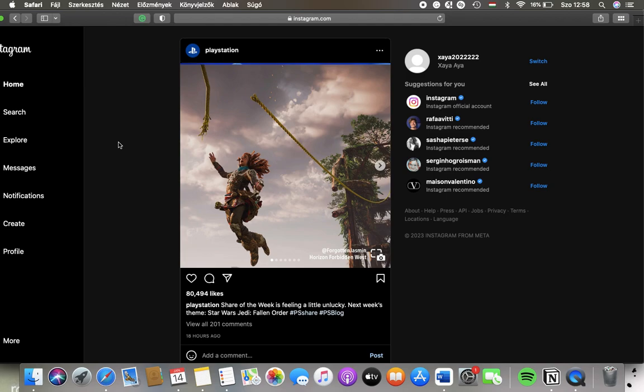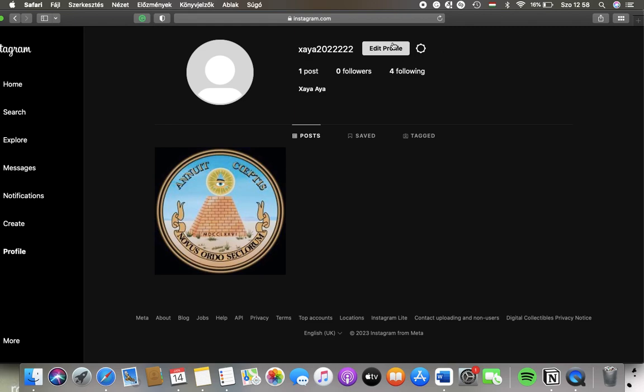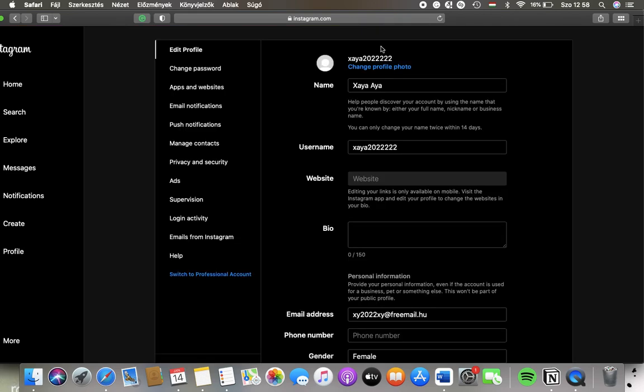Now let's jump into it. First of all, open the website on your device. After that, you should tap on your username at the top and then click on edit profile at the top of the screen and then tap on privacy and security in this